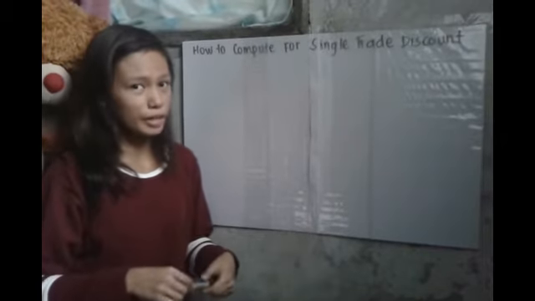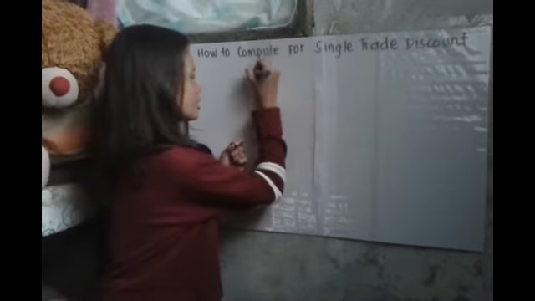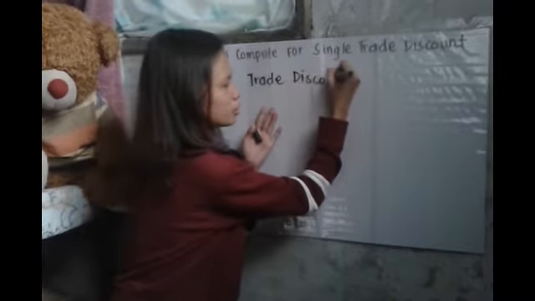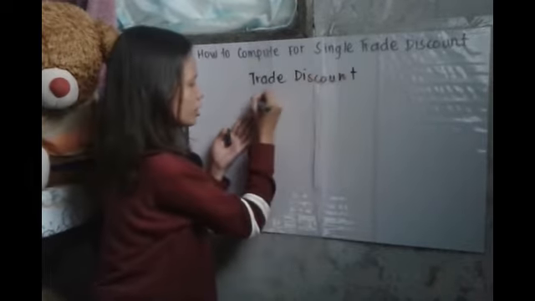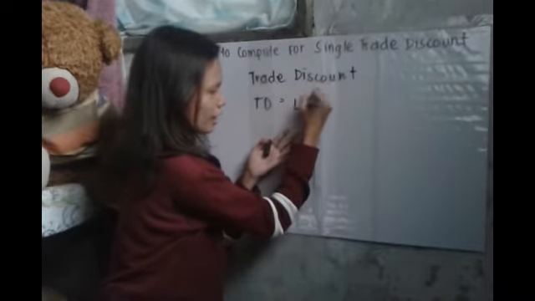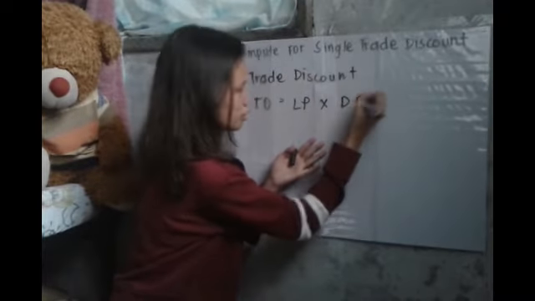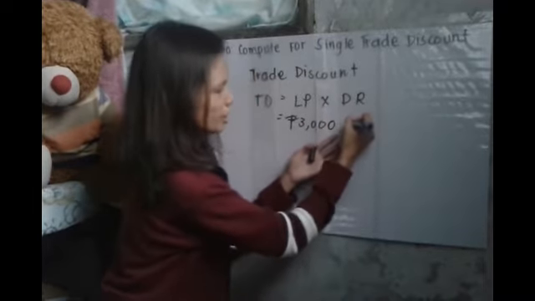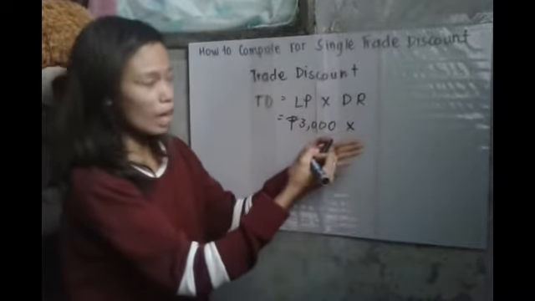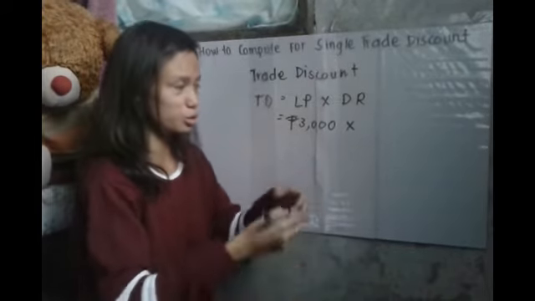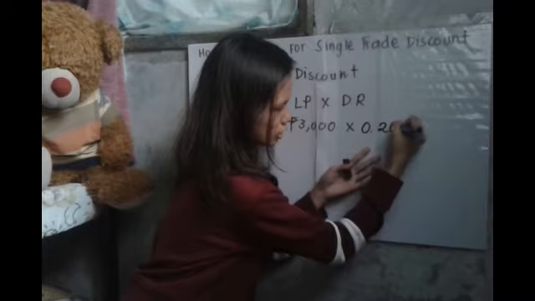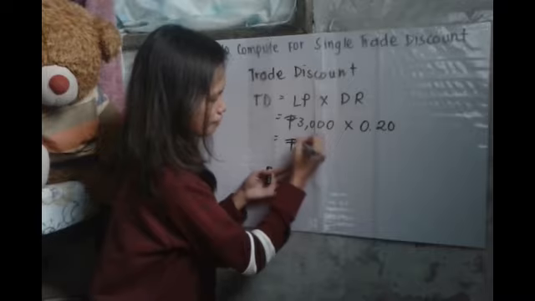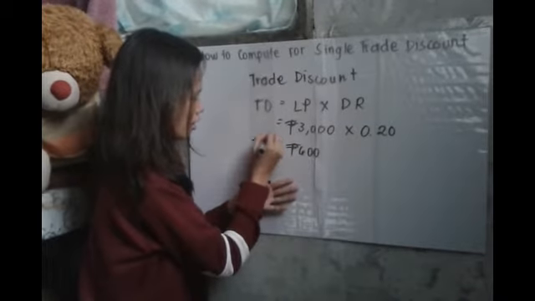Before we find the net price, we have to get first the trade discount. Trade discount. So what is the formula for trade discount? TD is equals to list price times discount rate. So our list price is 3,000 pesos times the discount rate. Now the discount rate is 20% and we have to convert it to decimal, which gives 0.20. So the answer is 600. So this is the trade